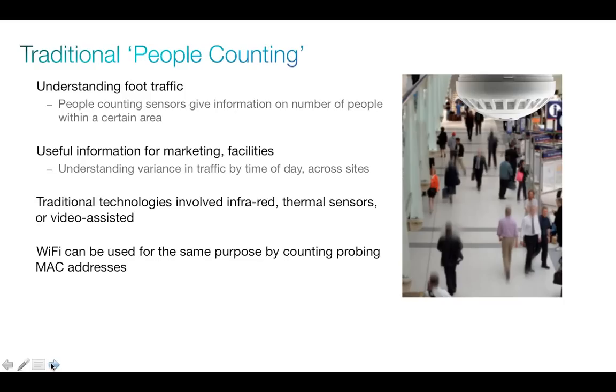You know, which site is more popular than my other site? How is my highest grossing site comparing to my lowest grossing site in terms of foot traffic, and so forth. So the technologies that have been used for this traditionally have been infrared and thermal sensors. And what's really exciting now is Wi-Fi can be used for the same purpose